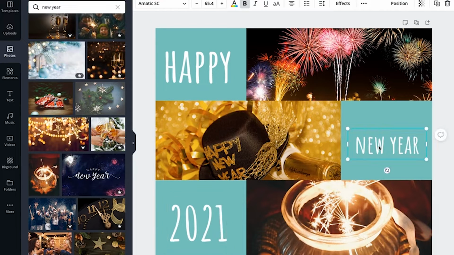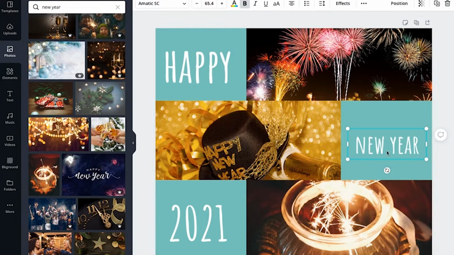Okay, now if you can see, this is a bit bigger, whereas this is a bit smaller. So probably I want all my text to be of the same size. In that case, I can look at the size of this here, 65.4, and this is around 121. So whenever you highlight a specific area of the poster which has text, it will actually show you the font size as well. So because this is 121 and this is 65, I want to use the same size of this.